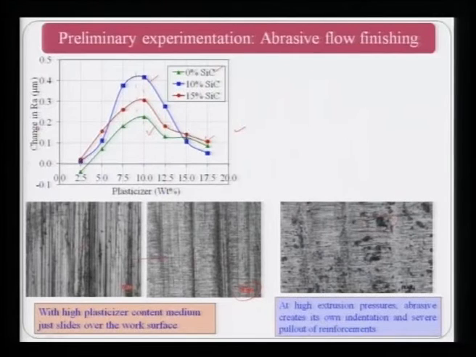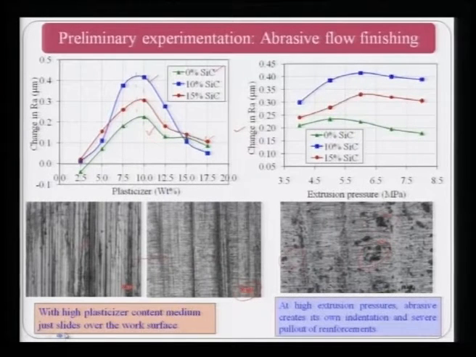Similar kind of things can be seen over here, which I have shown to you in a better way in the earlier slides. Now, here you can see that not much difference is there as far as the effect of extrusion pressure on the RA value is concerned. Some effect is there. This is the aluminum alloy with 0% silicon carbide, this is the 10% silicon carbide, and this is the 15% silicon carbide, and you can see initially some improvement in the change in RA, but after that it more or less stabilizes. So, one can say that there is some effect of extrusion pressure, but not substantial.